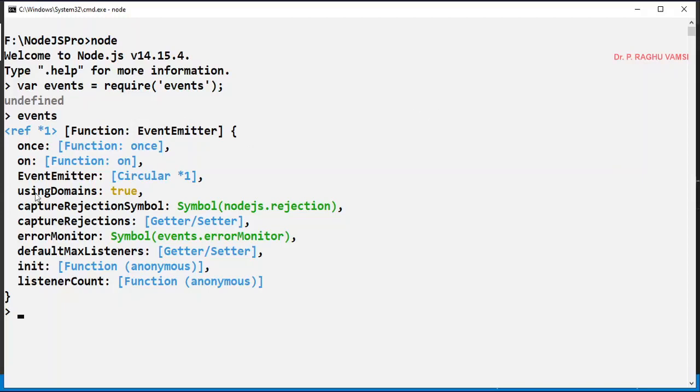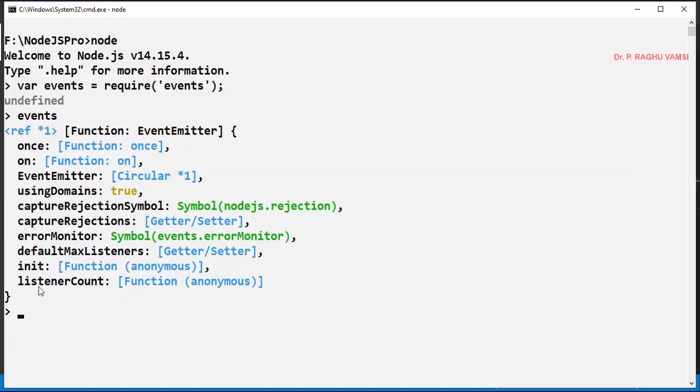Automatically, a JSON-format structure will be printed here, consisting of the EventEmitter class, which is a function, because we have taken the instance of EventEmitter previously, and once, which was the one used for event creation, and the EventEmitter constructor using domains, captureRejection symbol.